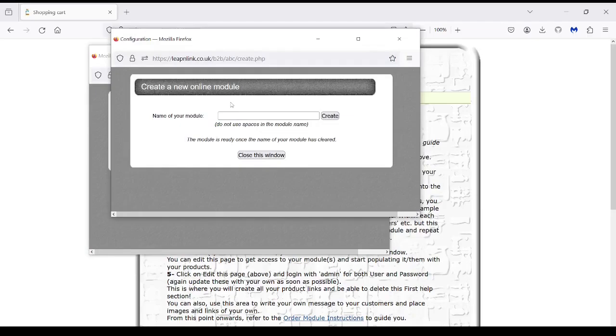So the name is an internal name. It's not one that will be visible. So it's got to be something that reflects your product line for yourself, so that you can relate to it easily, but don't make it lengthy, and don't use any spaces in that. So just for this example, I'm going to just type my line,